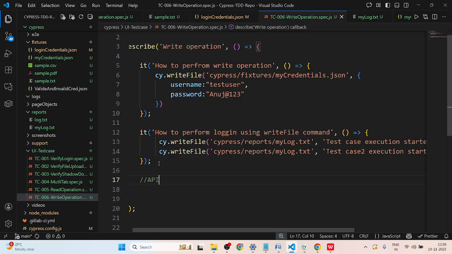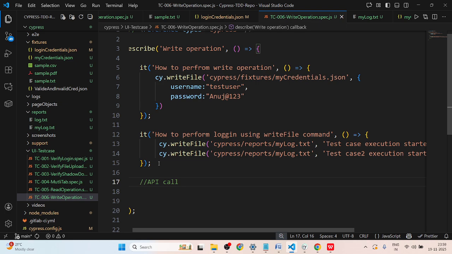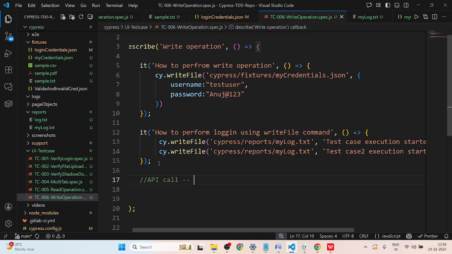Suppose you have an API call, okay, and I'm explaining the real-time scenario where you can use this write operation. Whenever you get an interview, suppose you have an API call, and in the API call there is a GET call, and in the GET call you are getting a response